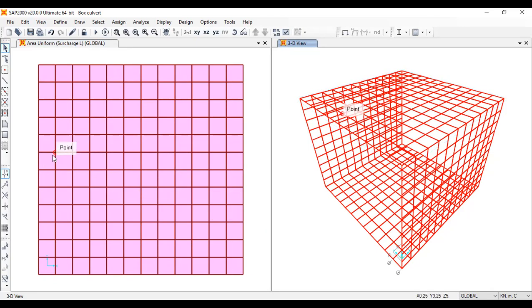So I'll apply. The critical case is when you have two wheels just past the center line, and the load dispersion area I'll consider as 1 meter. And I'll apply this along 4 meters. So that means 0.5, 1, 2, 3, 4. And the other two wheels will follow after 1.8 meters center to center. So if you lose 0.5 and 0.5, that will be 0.8 meters, so I can safely assume that is 0.5, right? So these are the first two wheels, just past the center line, right? So I'll apply